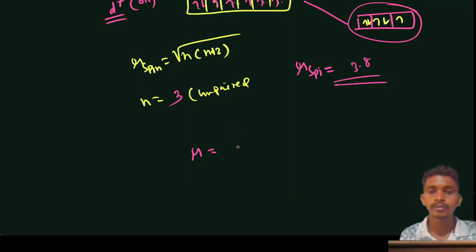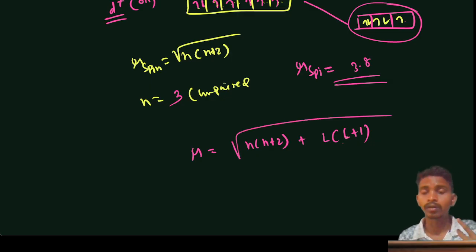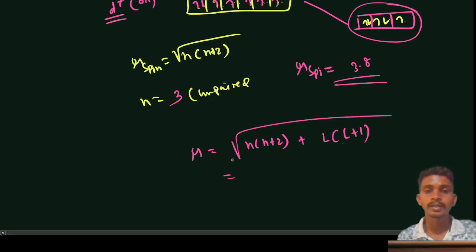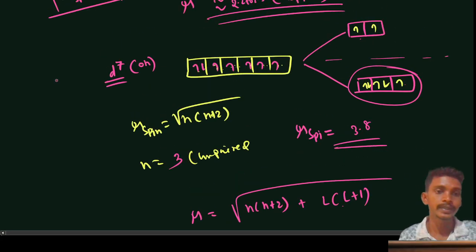The effective magnetic moment is root of n(n+2) plus L(L+1). Okay, so we are adding the orbital contribution also. So here, what are the values? We have seen that whenever d1, that I have written here,